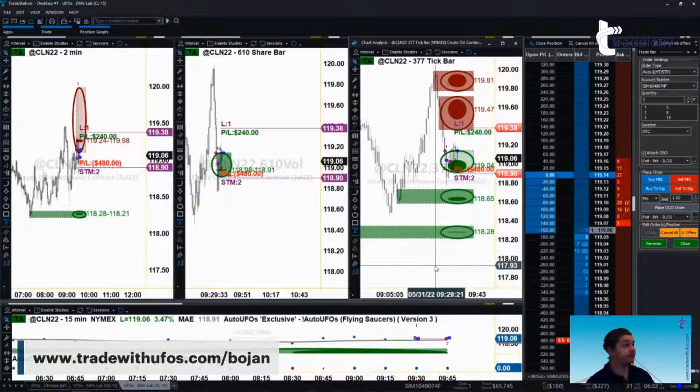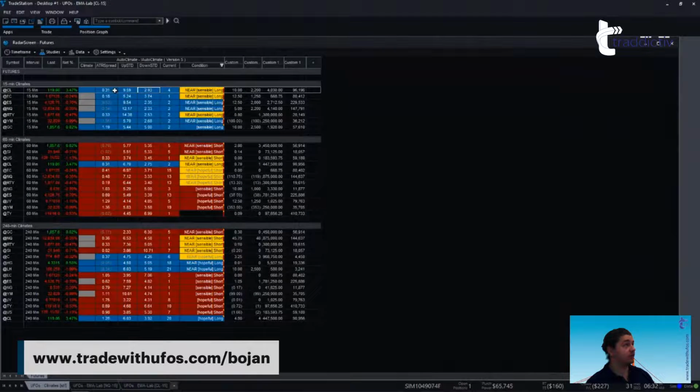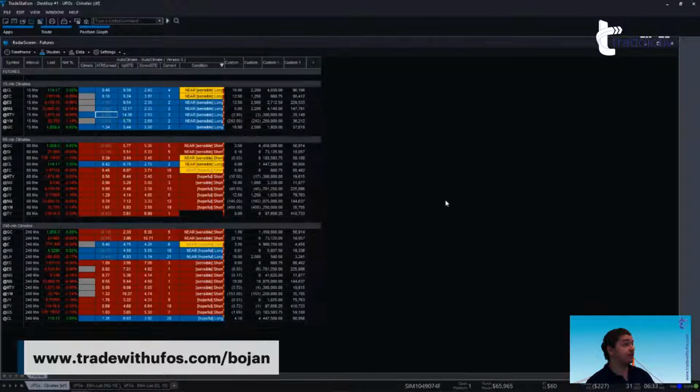All right. Let's open up the climate window. Yeah, crude oil we already have open. Okay, the Russell is also giving us an opportunity here, although it's probably going to start going into the negative there. Yep. Look at that. The rest of them are unconfirmed, negative on the sensibles. That means it's trading below its moving average. So it's not unheard of to see that happen.